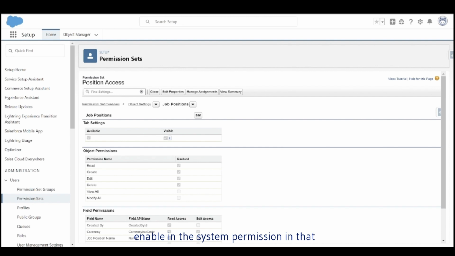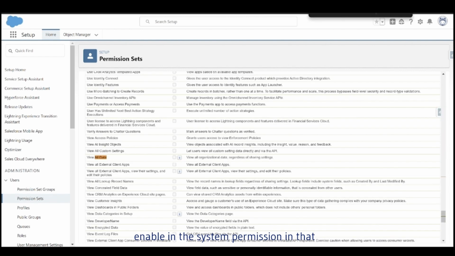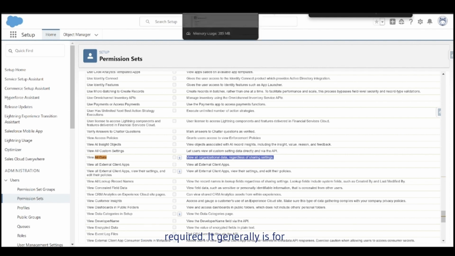But here if you enable it in the system permission, it will be applicable for all the objects, all the records, regardless of the sharing. If you see here, organizational data regardless of sharing settings. So generally we do not enable this one unless it is really required. It generally is for the system admin users. Okay, now